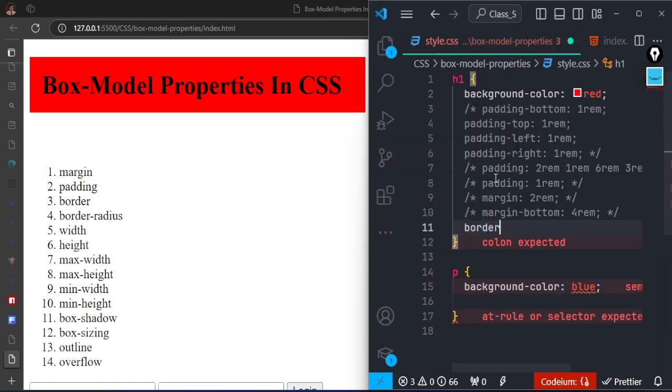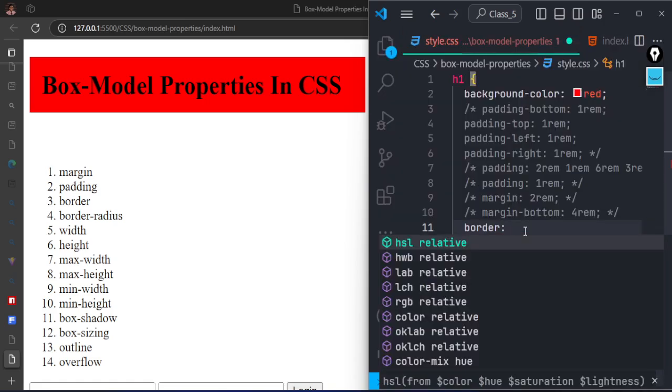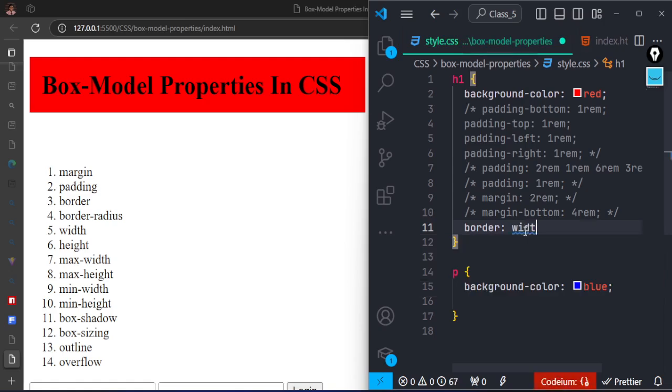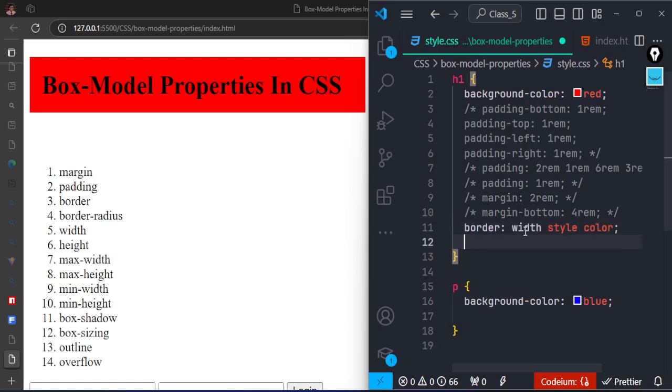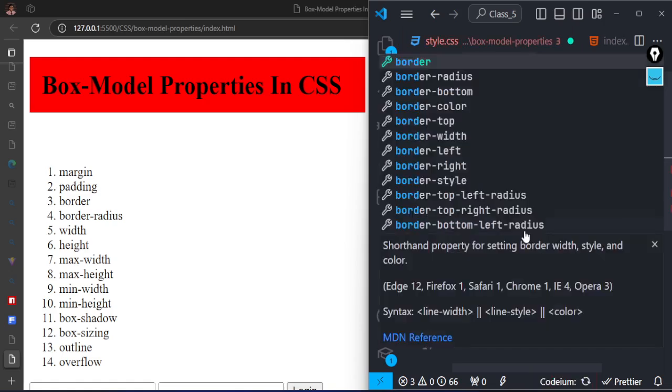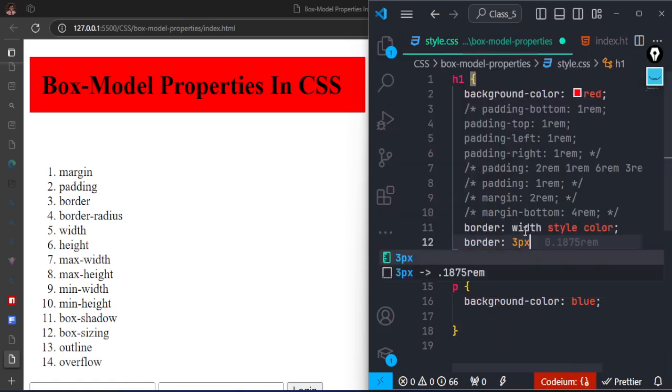So this border now can help you to change all of them at once. So for example here, I'm going to specify the width. After the width, I'm going to specify the style. And after the style, I'm going to specify the color. If you don't specify the color, it's going to use black by default. So here, for example, you can do 3 pixels, then solid. If you remember, we did something like this when we were dealing with that line decoration. And the line is going to be this yellow. So what I'm saying here is that